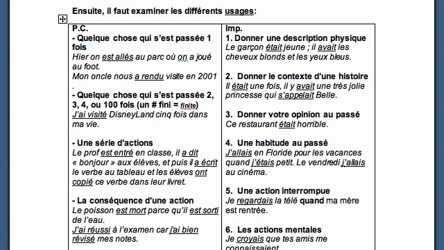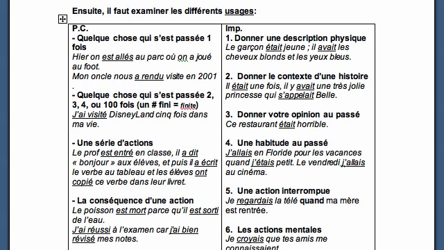It could also be something that happened multiple times, 2 times, 3 times, 4 times, but it has to be a finite number of times. J'ai visité Disneyland 5 fois dans ma vie. Like, I've been there, I've visited it 5 times in my life. So again, something that is a very specific number of times.